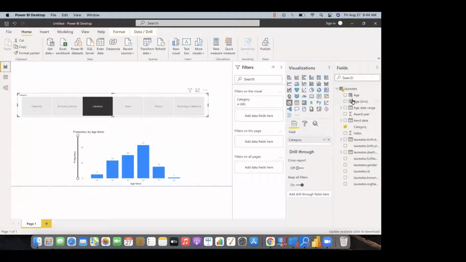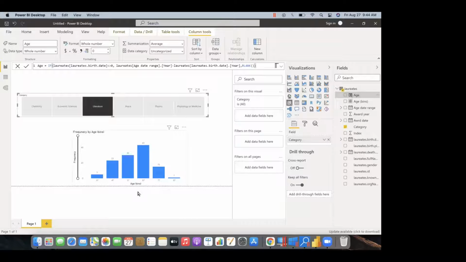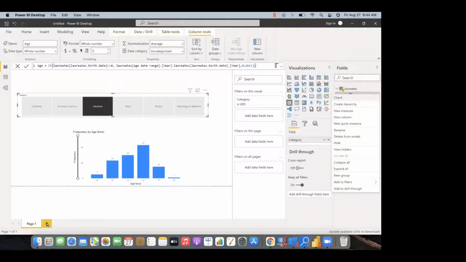And then what I did is I made this age into an average, because we wanted to make the histograms. So we converted the age from sum to average. Now from here,